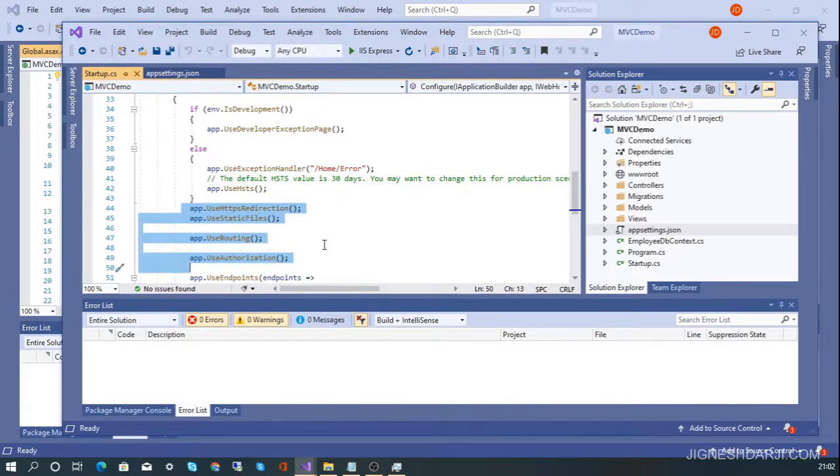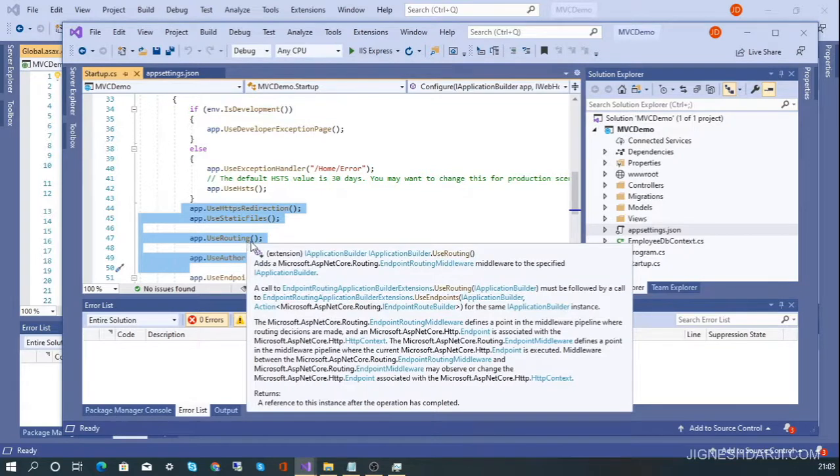So here use static files, that means you are using the use static files extension method to add the static files handler, that is the Microsoft.AspNetCore.StaticFiles. You are using this static file method to serve the static files that are inside our wwwroot folder. Okay, and the next thing is use routing.